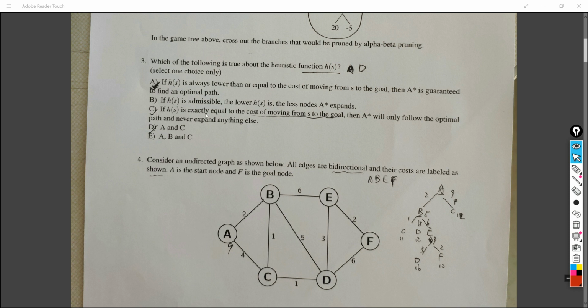C, if hs is exactly equal to the cost of moving from S to the goal, then A star will only follow the optimum path and never expand anything else. It is absolutely true, since as we know, the A star is actually equal to hs, which is the heuristic value, plus the gs, which is the path from the initial state to the current node. So if the cost is exactly equal to the cost of moving from S to the goal,